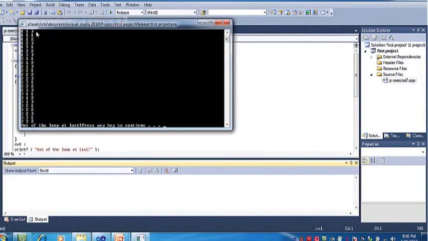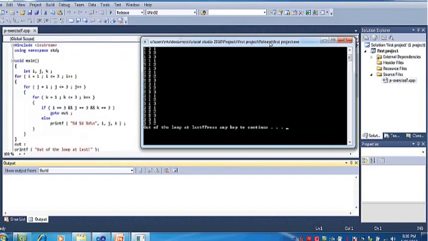I is 1, J is 1, K goes up to 3. I1, J2, K3, I1, J2, K1, K2, K3 — how far does this go? I is 3, J is 3, K is 2. Next value, as soon as it's made, I is 3, J is 3, K is 3, it took out I3, J3, and as soon as it ran up to 2, then when K was 3, out of the loop,